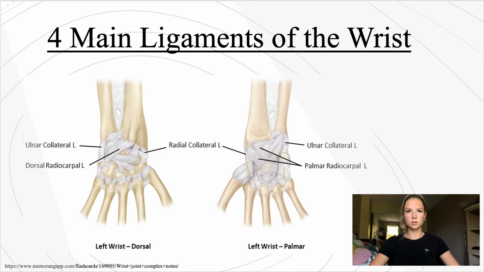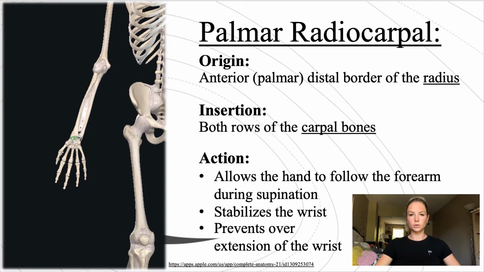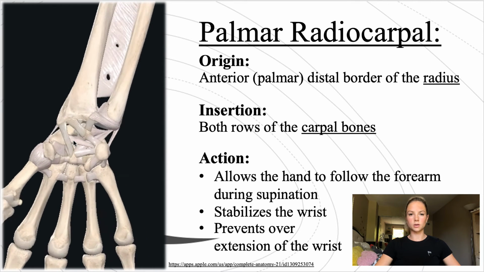There are 4 main ligaments of the wrist that stabilize and move the wrist in flexion, extension, adduction, and abduction. A ligament is made up of fibrous connective tissue and it connects 2 bones together. First, we have the palmar radiocarpal ligament, which is located on the anterior side of the wrist and it has